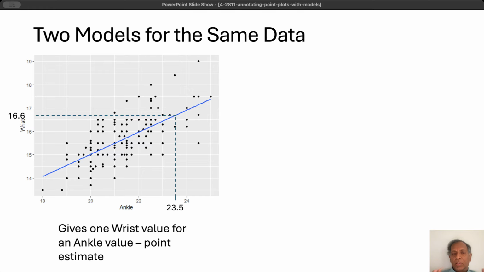That's the model's value for that. Now clearly we can see that there are people with 23.5 ankle size with varying wrist sizes. But the model says, well, the best guess would be 16.6. Meaning, if you repeated this experiment many times with different samples, and for every sample you looked at people who have 23.5 ankle size